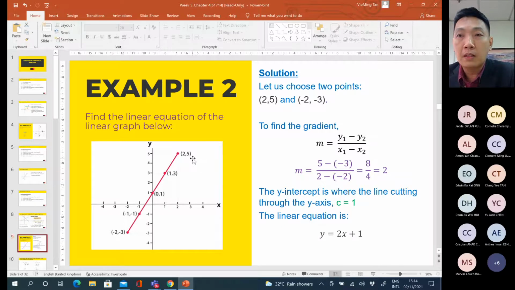So far so good. So m we already have the answer. So how to get the c value? c is the point whereby the equation will pass through the y-axis. So in this case, at the y-axis, the c value is equal to 1. It passed through this point, so we can conclude c is equal to 1. Once we have m and c, we can conclude that the linear equation, which is this whole red line, is called y equals to